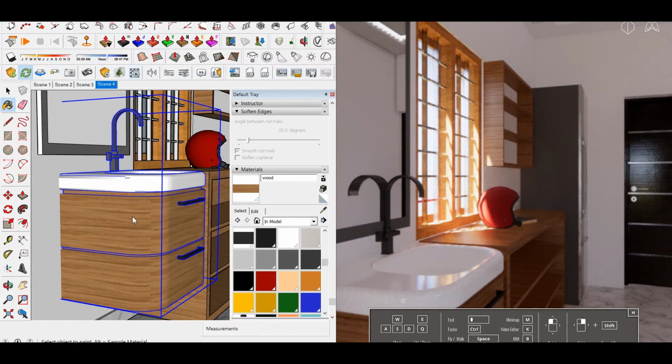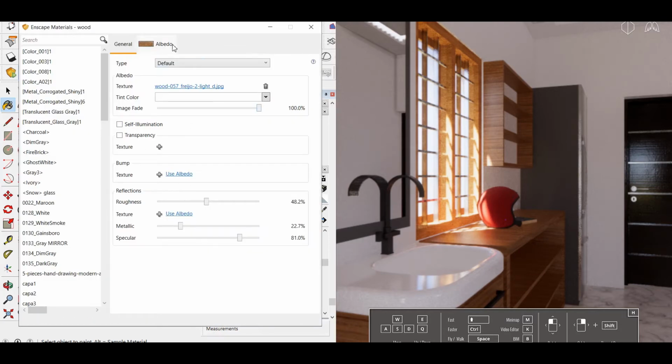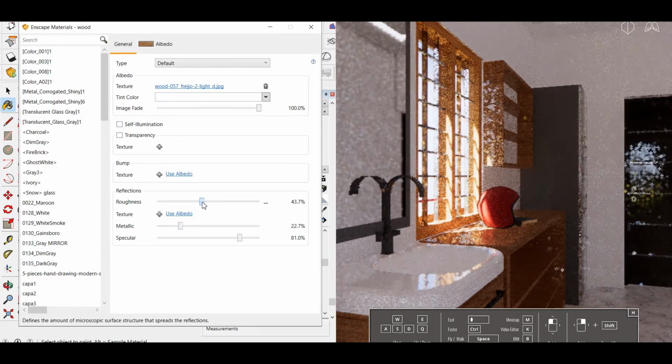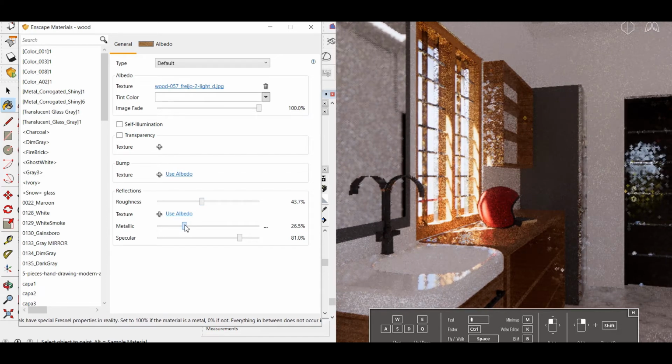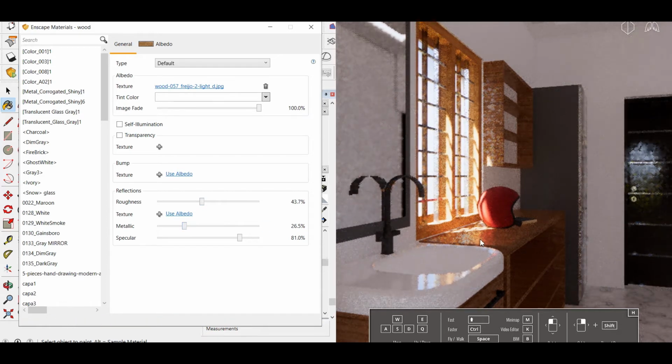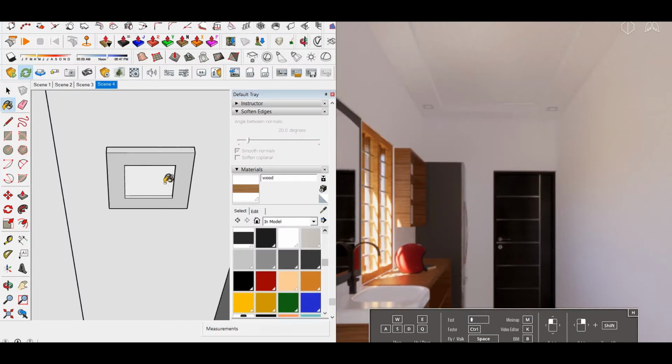And Enscape is an easy to use software. You can edit materials easily. There are no complicated settings, just roughness and metallic, and there you can see self-illuminate and transparency. You can adjust it for whatever kind of materials you need. If you need reflective materials, you can adjust with roughness.